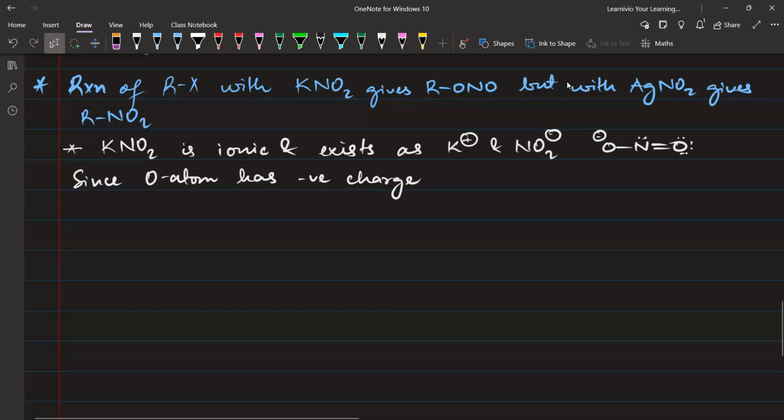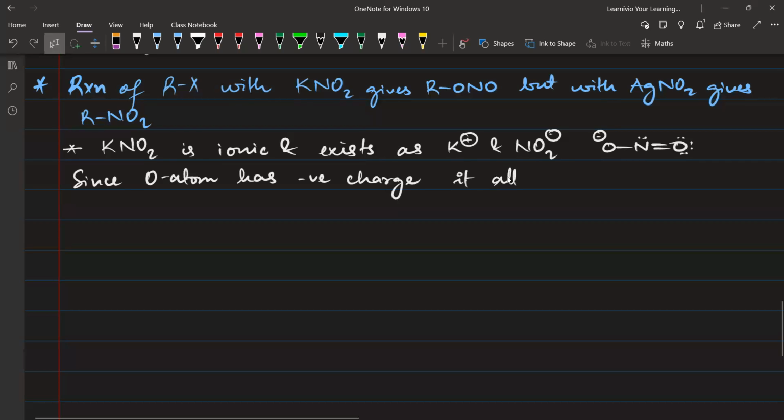there are many factors here. This is not the factor. The oxygen atom has a negative charge. That is one factor for why it attacks. The other factor is that both of these oxygen atoms are able to attack because there exists a resonance between them. This negative will move here and then this becomes negative. So in this case both the oxygen atoms can attack, there is a resonance between them. The nitrogen lone pair: nitrogen is in the middle, so it is difficult for nitrogen to attack, while the terminal one can attack quite easily because it is at the side, and there is no steric hindrance. But the main factor here is